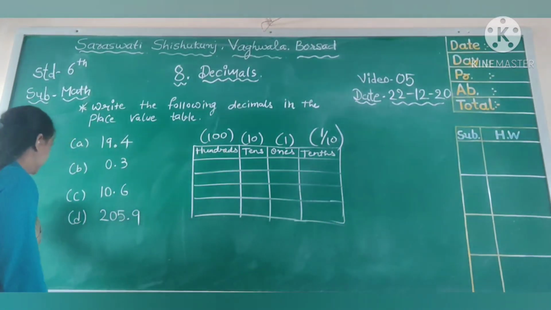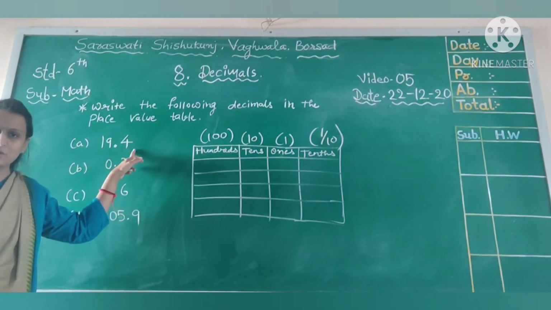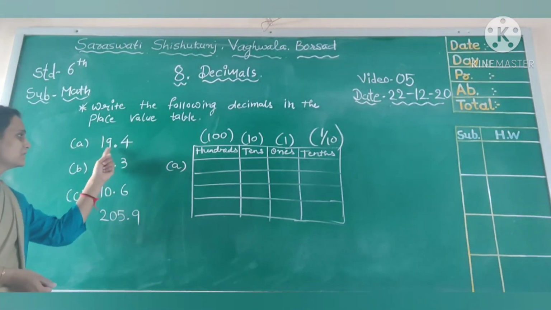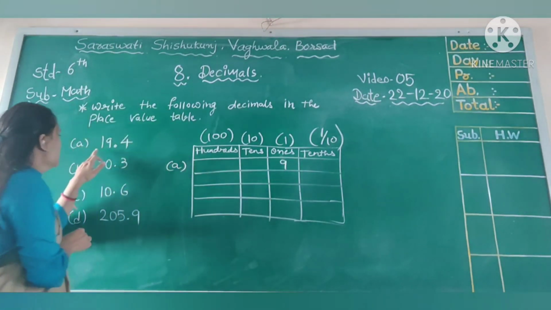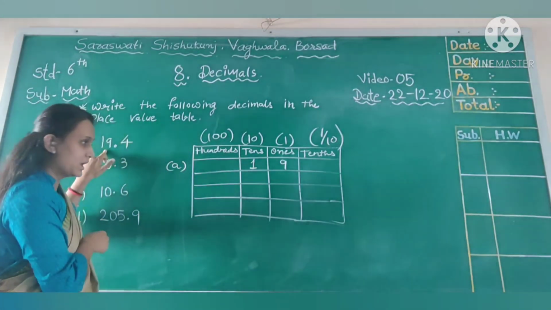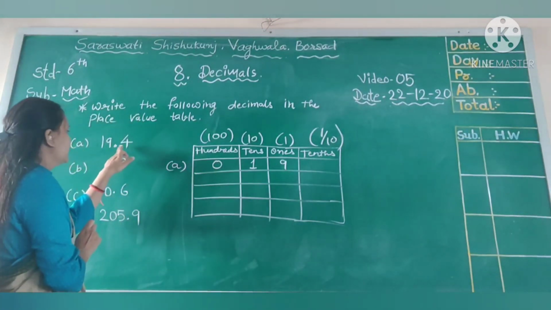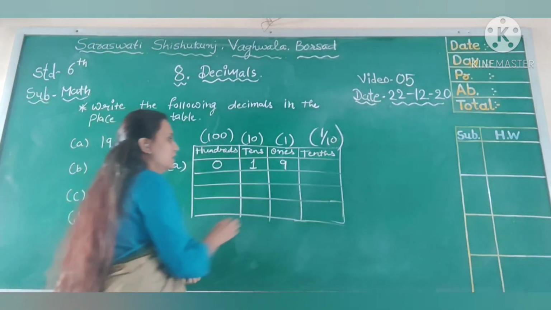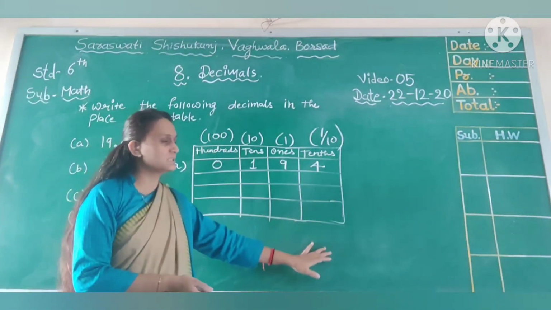Okay. Now we have to define these 4 numbers into place value table. So let us define it 1 by 1. Now you can see in A number we have given 19.4. In first number we have given 19.4. So before decimal the place value of 9 is ones. Okay. So 9 we write here at the ones place. Now 1 is at tens place. So 1 is written here at tens place. Okay. There is no hundreds number, so we can write here 0. Now after decimal, the first place value is 10th place value, means 1 upon 10. So 4 is written here at 10th place. Okay. So we have defined 19.4 in place value table.